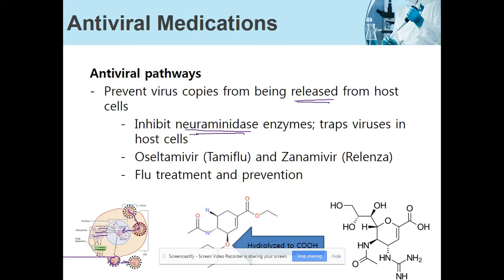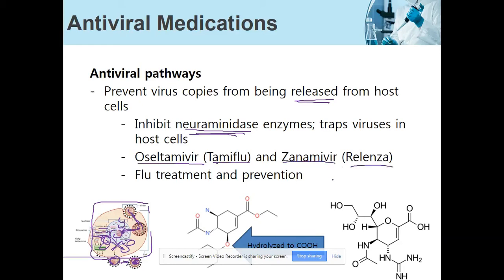This guy, neuraminidase, just prevents this step from happening. So virus gets in, virus makes virus babies, but all the virus babies get stuck inside the cell. None of them get out. So again, this cell is a loss, but at least we're not sending out any more viruses to go infect more cells. Tamiflu, which is known as oseltamivir, and then Relenza,